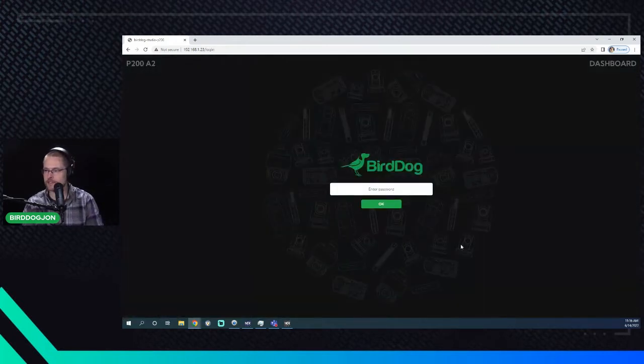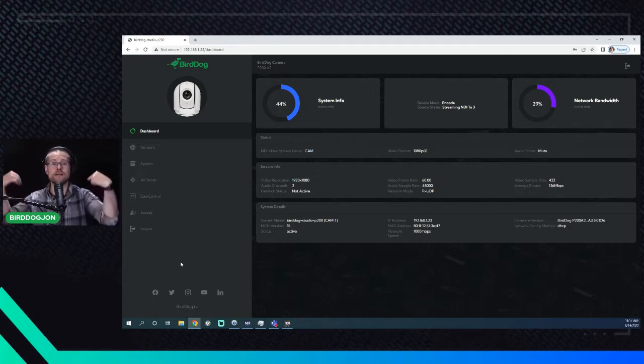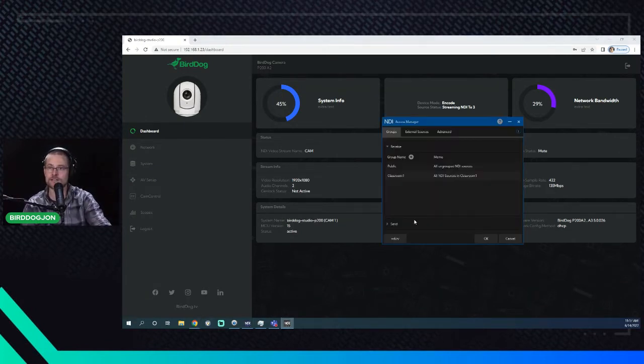We're going to add this camera to that group so that it can be shown to any device that's in the receive group there. Now, if I were to generate NDI on this computer, which I actually am because I'm doing a desktop capture for my third monitor, and I want those signals to be seen by other devices in the group, I need to add the group to the send group. Okay, so Access Manager gives us that ability right here to add